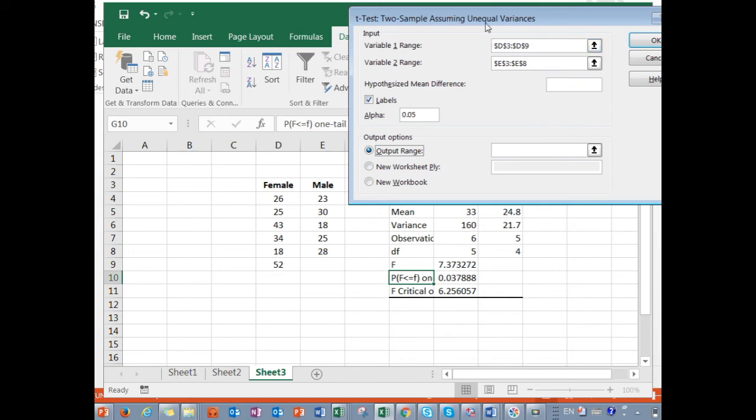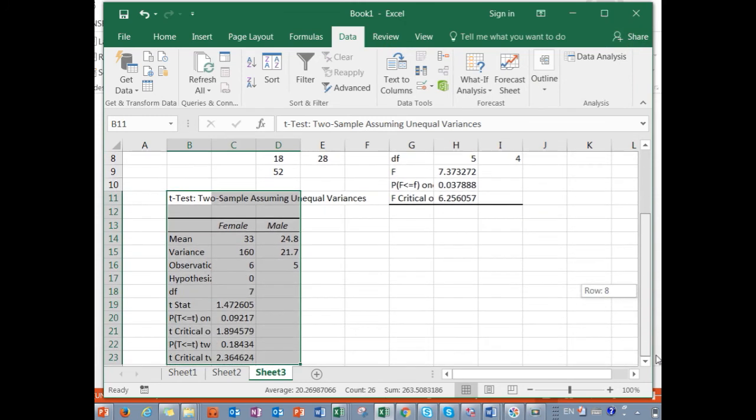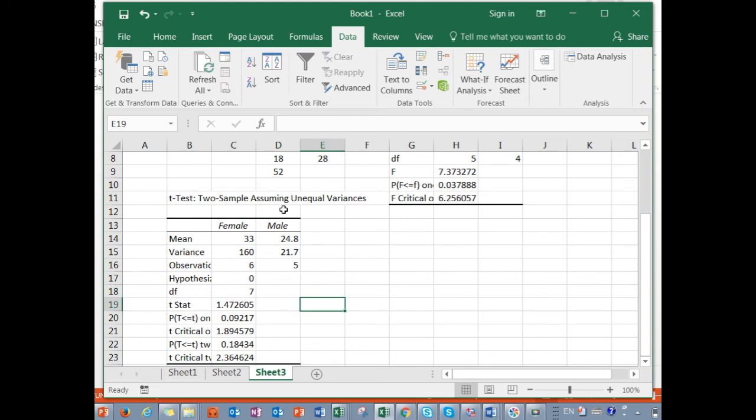So let's say I want the result to come here. The cursor should be blinking here, otherwise it won't show you the result. So with the cursor blinking here, let's say I put it here and then click OK. So you can see the t-test result. What it's telling you is t-test two sample assuming unequal variances. So your assumption was of unequal. Now it shows you